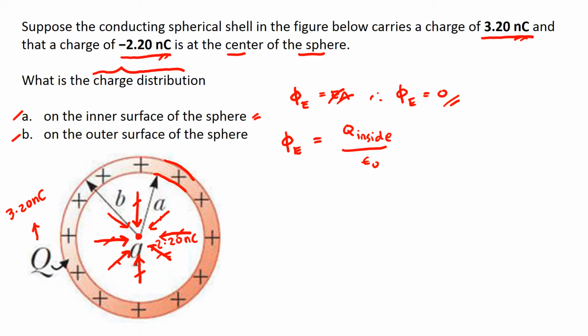Now, if the electric flux is equal to 0, then we have to know what charge inside our Gaussian surface would give rise to a zero electric field. Q inside would be equal to the charge at the center